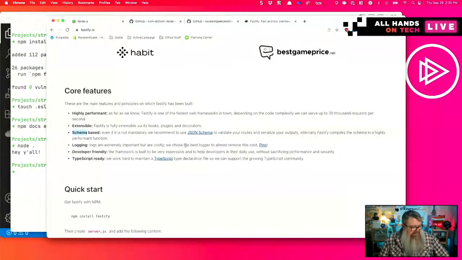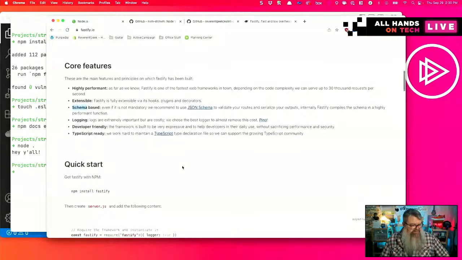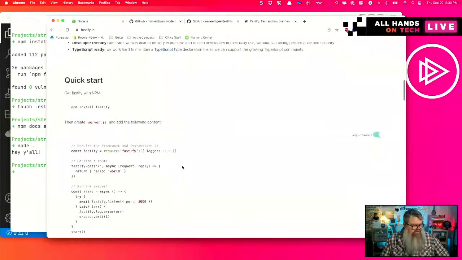Logging, and we chose the best logger to almost remove this cost, Pino, which I agree with. I think Pino is a fantastic logger for Node.js applications, so that's cool. Developer friendly and TypeScript ready. So I'm not going to use TypeScript, but it's good to know that they are maintaining support for TypeScript for Fastify. So if you want to use TypeScript, you absolutely can.